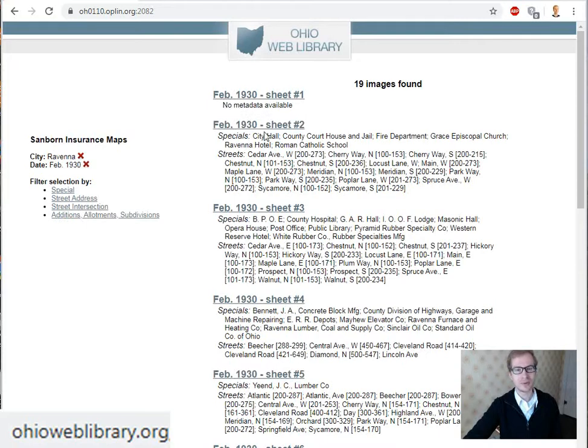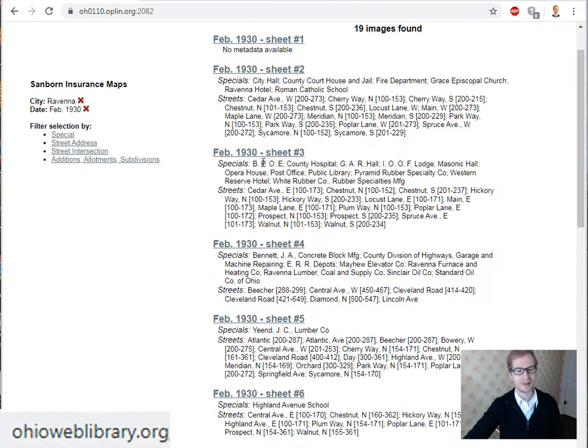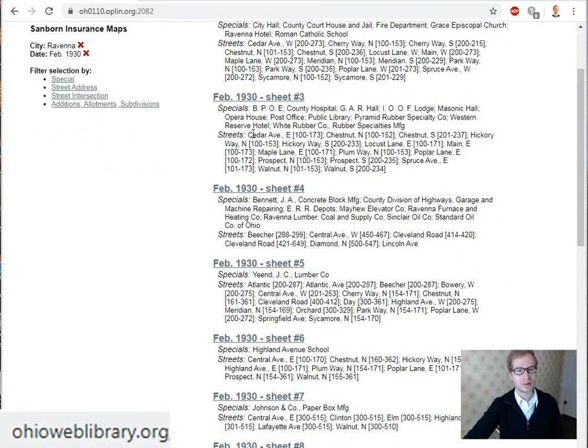and you can see it does a really detailed job of breaking it down by what is included on each map. And so if we look at sheet 3, you can see it includes the county hospital, the GAR hall, Masonic hall, opera house, post office, public library, a couple different factories here. There's a Pyramid Rubber Company, White Rubber Company, also the Western Reserve Hotel, and it also shows you the streets included. So I'm going to go ahead and click on that link,